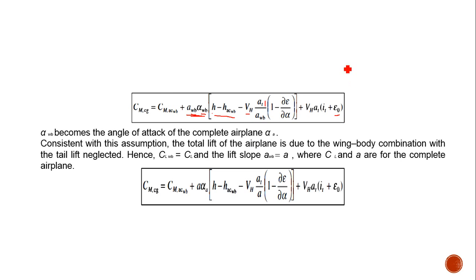Here I am assuming that AWB is equal to A for the whole